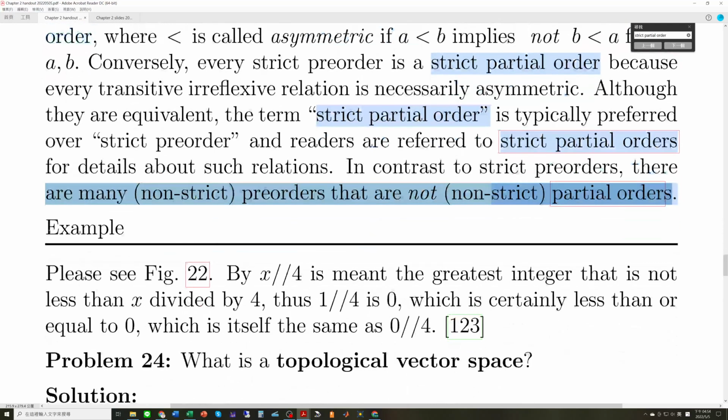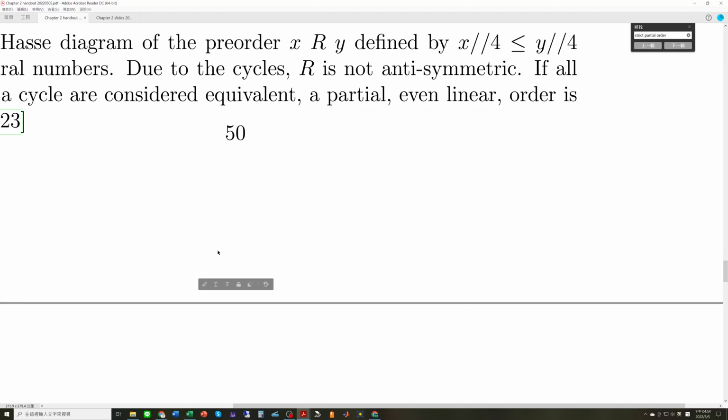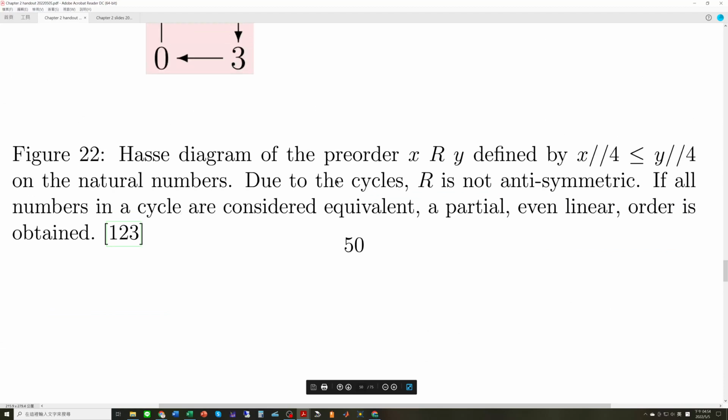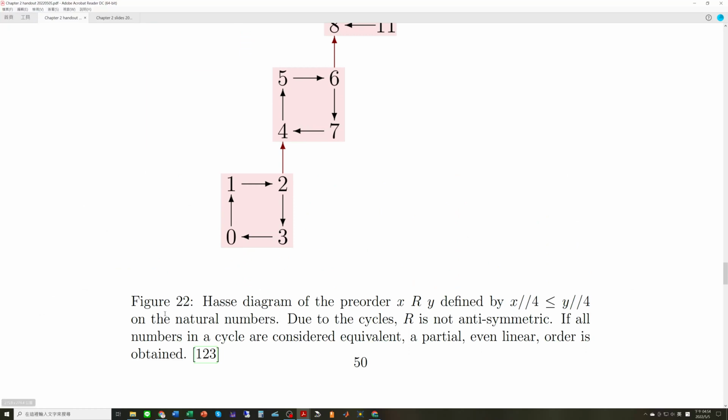Okay, let us see an interesting example. Okay, please see figure 22. Okay, let us see figure 22. Okay, I need to make this figure smaller. Okay, figure 22 is a Hasse diagram. Okay, I do not intend to introduce what is the Hasse diagram, because it will spend too much time. Okay, of the preorder